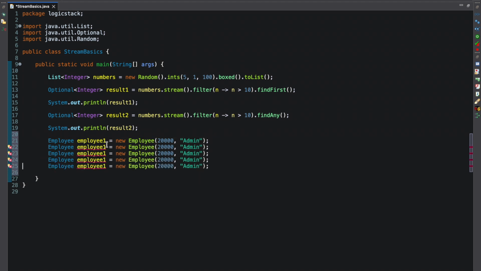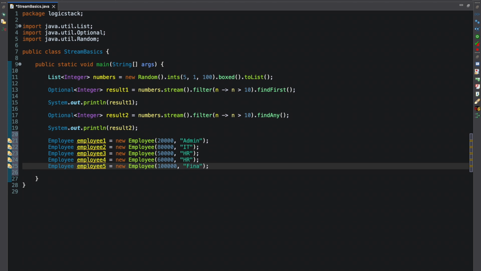Let's just copy this line and get some more employees. Let's say this employee has salary, admin, and this is from IT. Employee 3 salary, let's say 50,000 from HR, and employee 4 is also from, let's say, HR, and salary with, let's say, 60,000, and the last employee with salary, let's say, 1 lakh